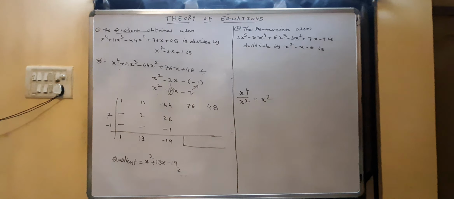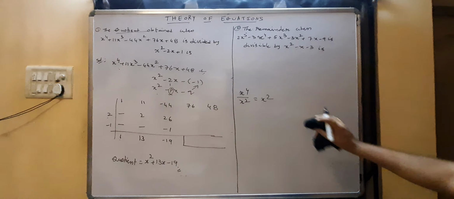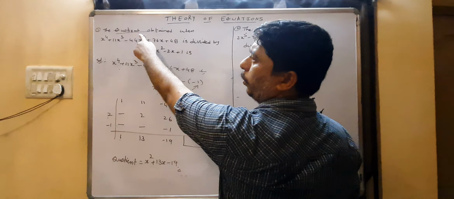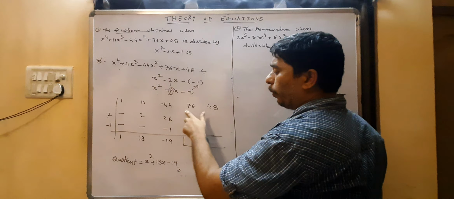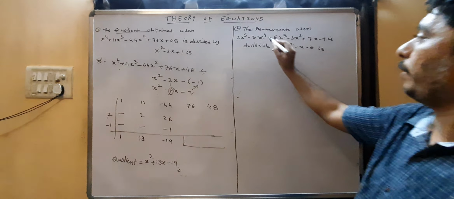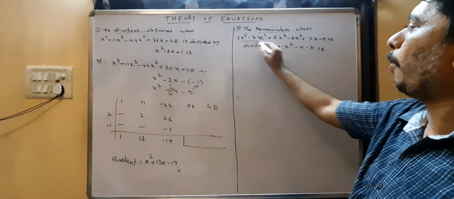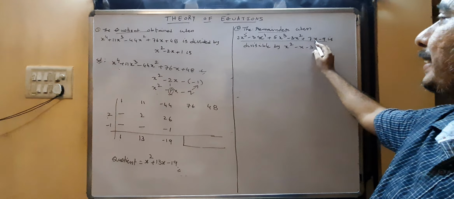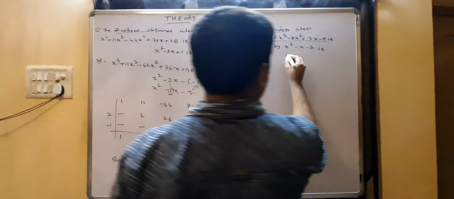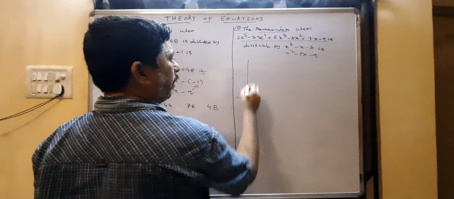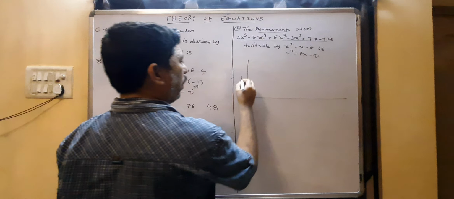Coming to the second problem. Find the remainder, they ask. Now in the previous case you don't need the remainder, they asked only for the quotient. That is the reason I did not compute the remainder. Up to this is enough. Now coming to the problem asking to find the remainder. A fifth degree polynomial is given: x power 5, x power 4, x cube, x square, x, constant. So this is in the form of x square minus px minus q, where p is 1, q is 3.